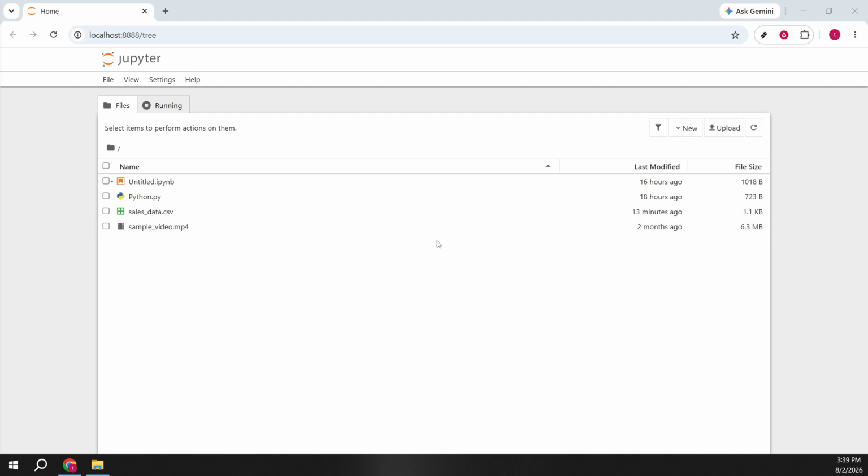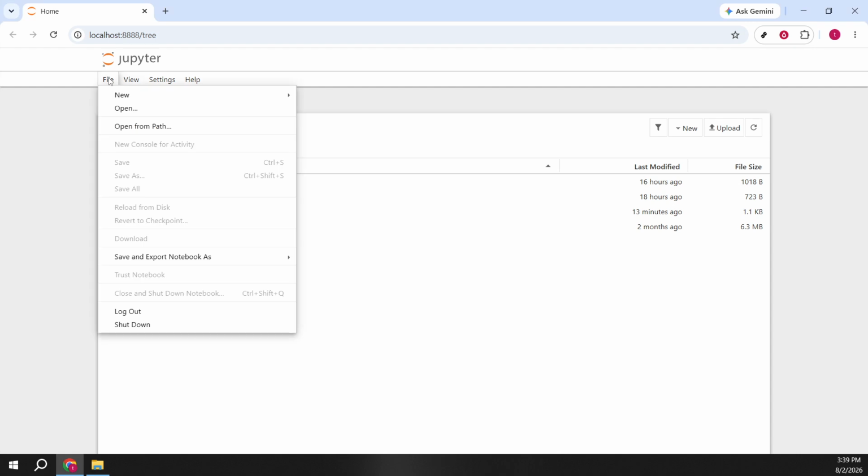Start by opening Jupyter in your browser. Once the interface loads, look to the top menu and click File. From there, hover over New and select Notebook. This creates a fresh workspace where we can run a few lines of Python to embed and resize a video